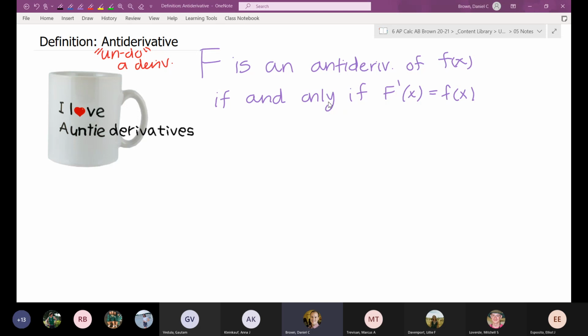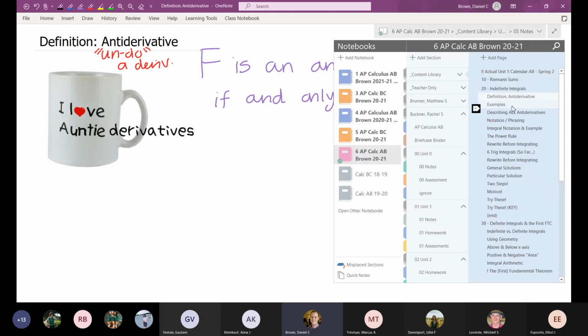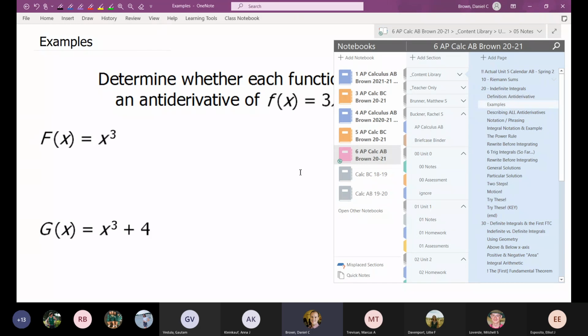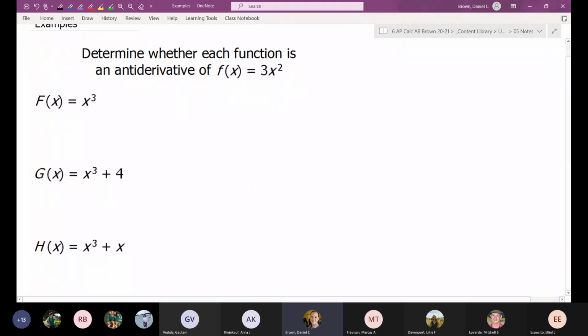So that is the definition of it. The first thing that I want to do is some examples of determining whether something is an antiderivative or whether something is not an antiderivative. So determine whether each function is an antiderivative of f of x, where f of x is equal to 3x squared. The way that we're looking at this slide is I have three functions, and I want to ask, are those antiderivatives of this 3x squared? Or basically another way of saying that is, is 3x squared the derivative of one of those functions, possible as an